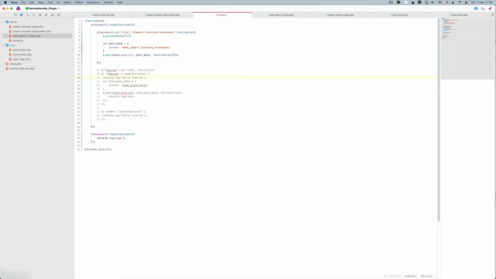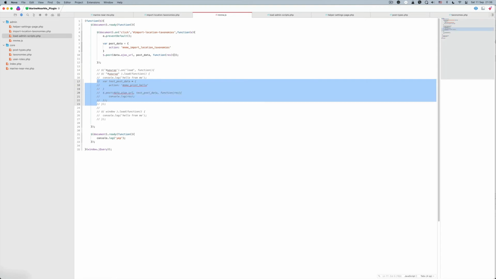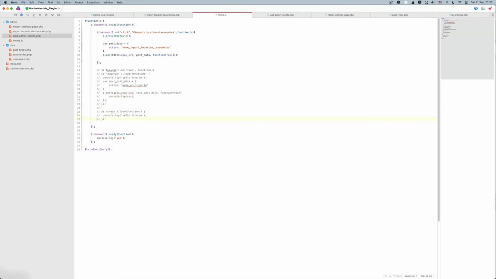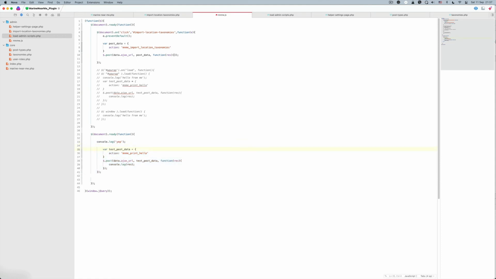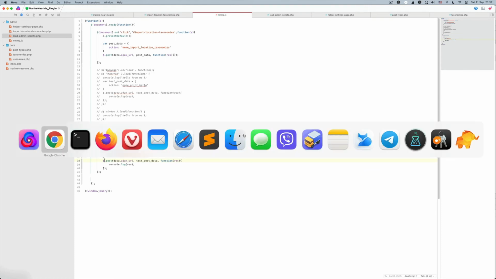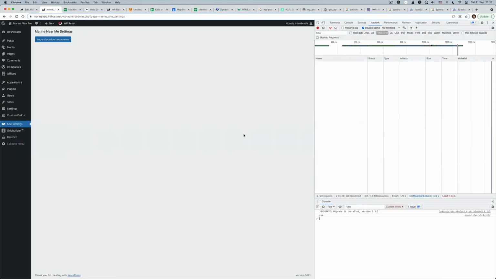But then we're gonna need the entire thing. So we need the variable, we need the post, we need the Ajax request, and yep. Okay, that's great. So let me quickly paste that here and let me adjust the function a bit. Okay, now we have the post data. Here we have the Ajax request, and if we go now and refresh the page,